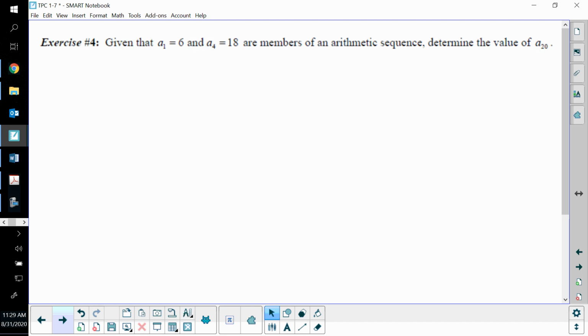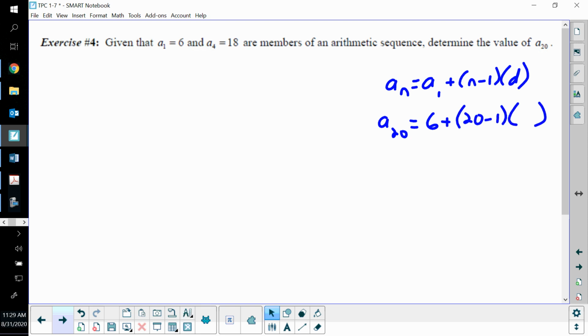So what we're going to do here is find the value of a20 given a1 and a4. Well, if it's an arithmetic sequence, we know eventually we're going to use this at some point in the problem, right from our reference sheet, our arithmetic sequence formula. We want to find a20. Well, we know a1 is 6, n would be 20, but the problem is we don't know d. So what we can do,